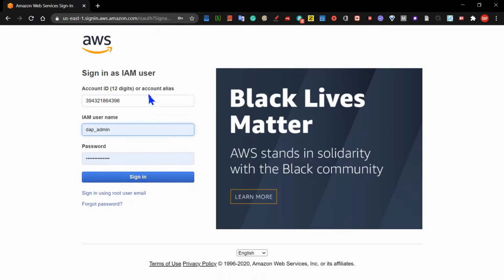If you are not on this website, just make sure that you choose to sign in as an IAM user, then give your administrator. So here I'm going to give this administrator account. You choose your administrator account and then give the password, and you need this account ID. If you don't have this account ID here, I suggest you go back into your root user account and then choose